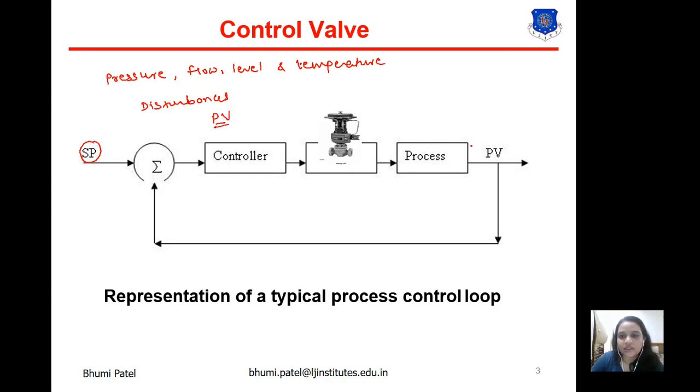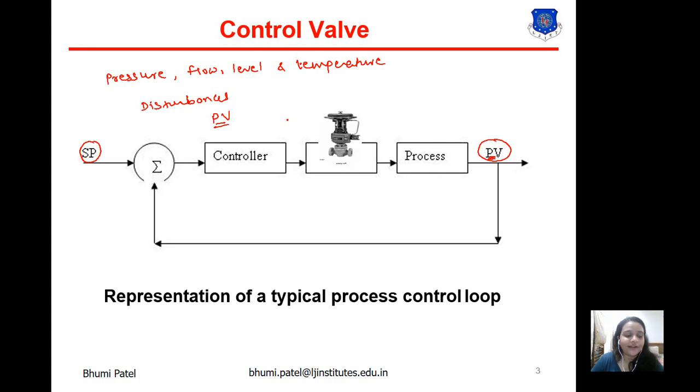PV means the process variable. So the disturbance affects the process variable. Interaction from the other loops in the network also provides disturbance, so that also affects the process variable, because in the field there is not only one loop running at a time. So whenever the disturbance is produced, the process variable will be changed, so we need to reduce the effect of this load disturbance.